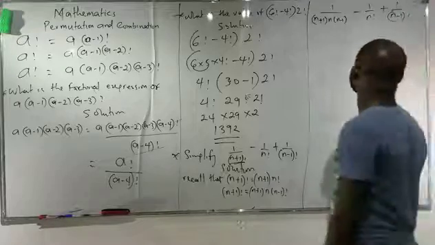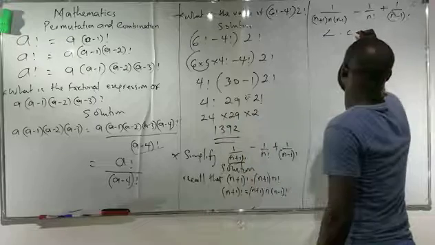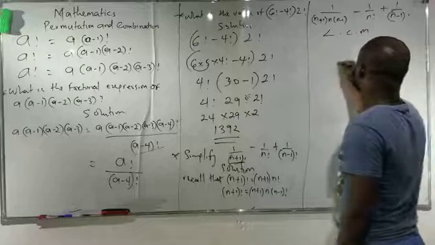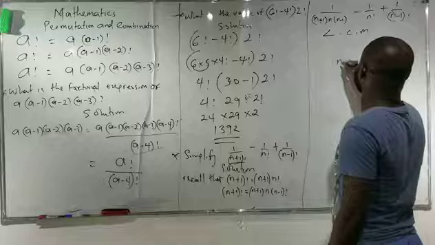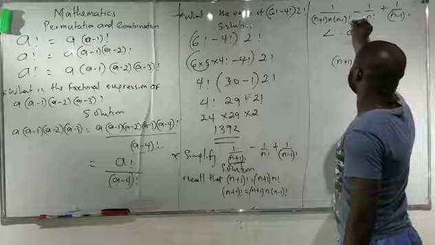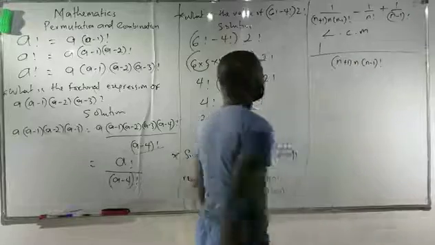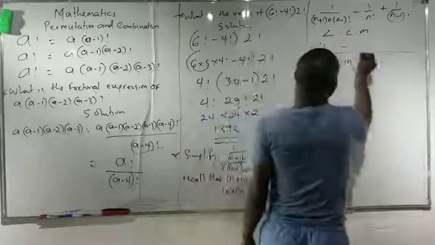Now, at the point of looking for the LCM, my LCM will be equal to (n plus 1)(n minus 1) factorial. This is a factorial, sorry. Can you see the LCM? This will give me 1, and this one will give me minus